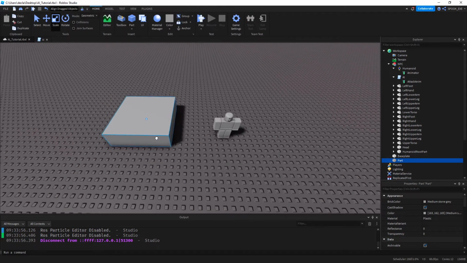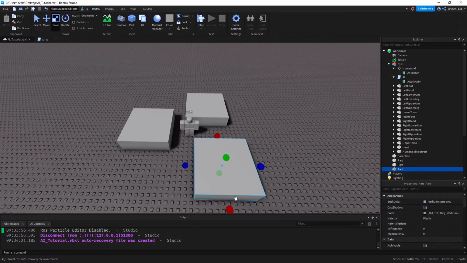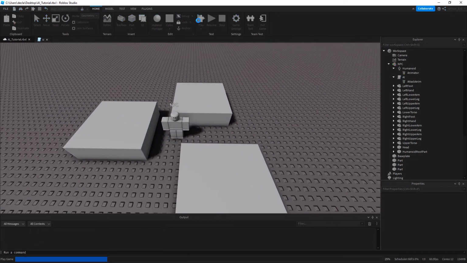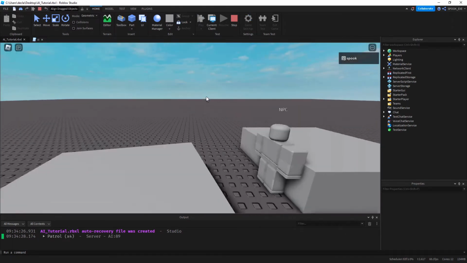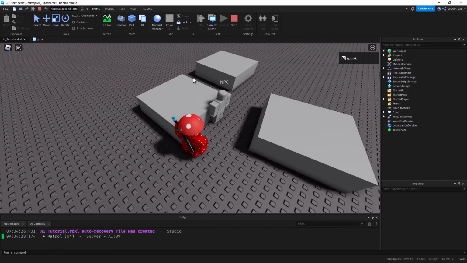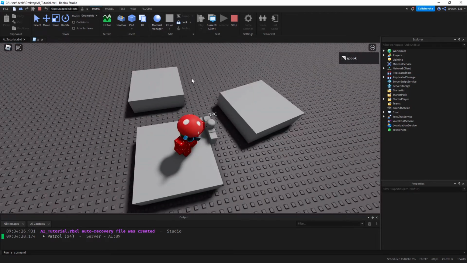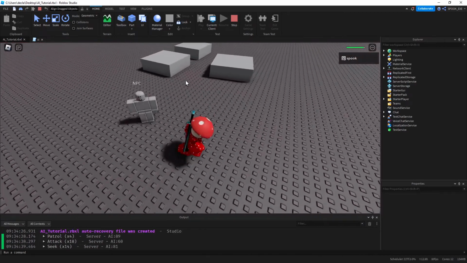But yeah, if I put a base part here, so that's blocking where it can walk. What we're going to notice is if it cannot reach the point like this, it will endlessly wait because we are using humanoid MoveTo finished. What we need to actually do is include a what